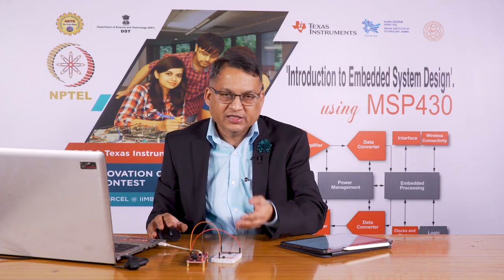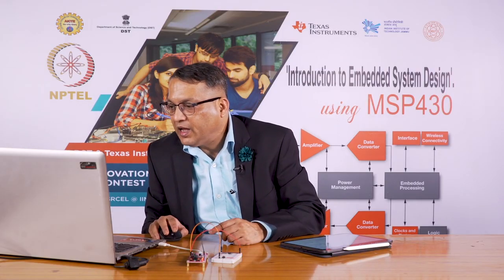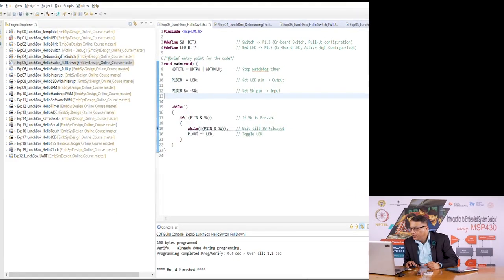When you release the switch, the P1.3 bit will become 1, and then it will come out of the inside while loop and toggle the LED. P1 out is equal to the value of the LED, inverted. So it is going to toggle the LED value, and now once you compile this program,